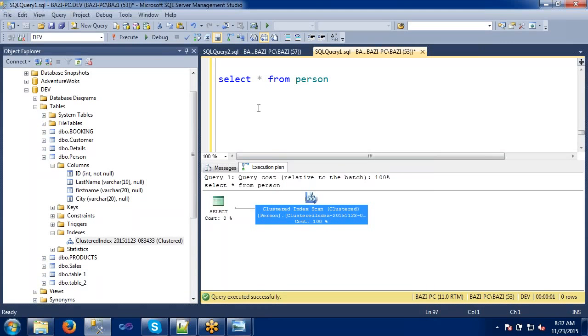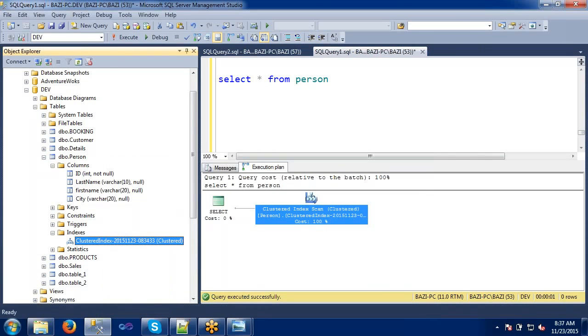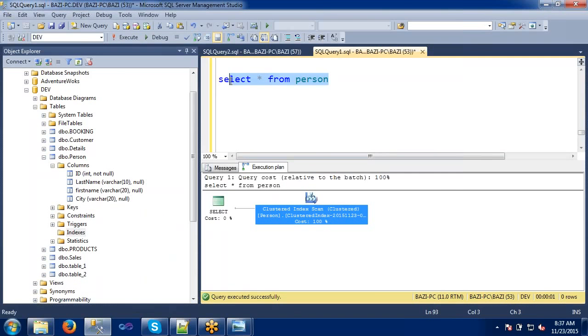So normally when we are fetching from the table without a cluster index, it will take a lot of time. Let me show it by removing the index here. So without the index, I am executing the same query here.